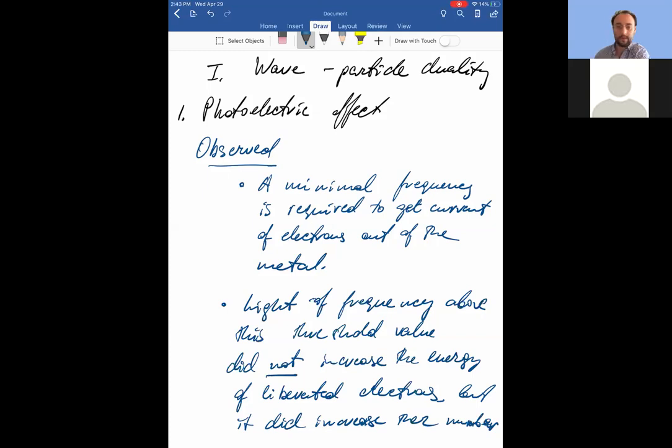Okay, number. Pardon my bad writing. These findings are surprising if we think of light as a wave. According to the wave picture, increasing amplitude should increase the energy input into the metal, like I already said. And therefore, you would expect that it would release electrons with larger and larger kinetic energy. Second, there should not be any frequency dependence at all, because energy crossing a unit area per unit time in a light wave depends only on the amplitude but not frequency.